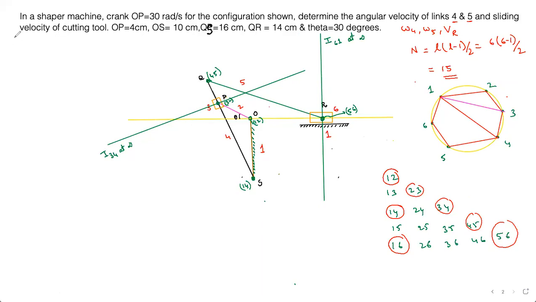So I have here I 1 3. To find out I 1 3, I need to connect 1 2 and 2 3, which is on one side. Then I have to connect 1 4 and 4 3. Wherever these intersect, it means 1 2, 2 3, extend the line. 1 4, 4 3, extend the line. Wherever they intersect, that is your I 1 3. You have to just remember that point.